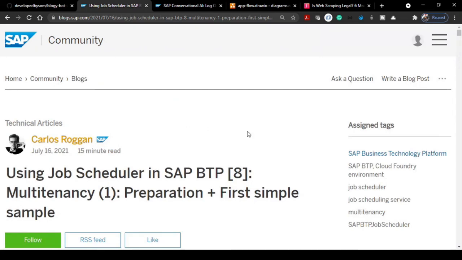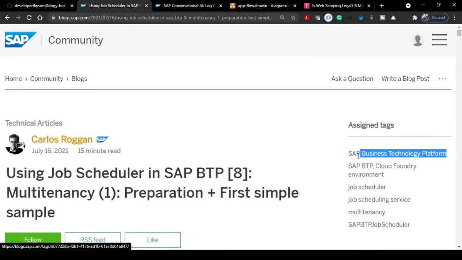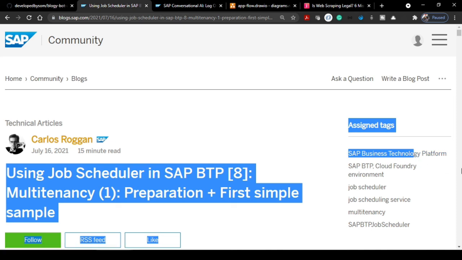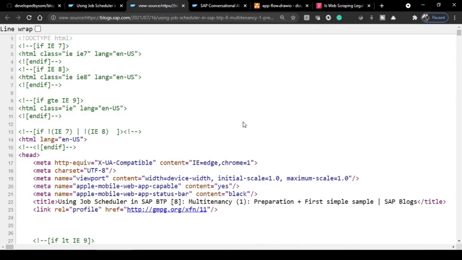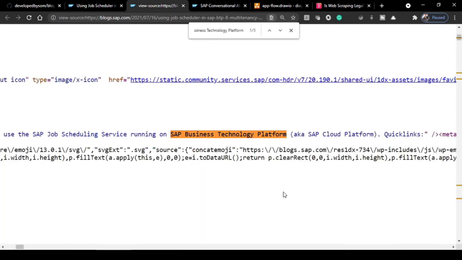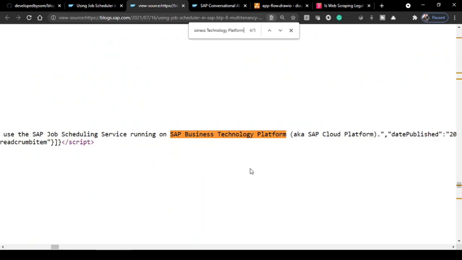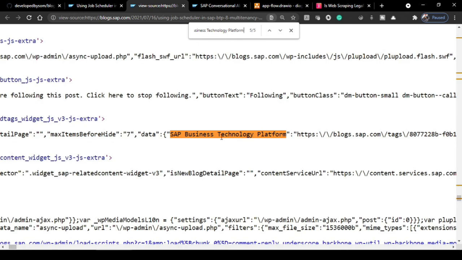Let's copy this one first. Right now, right click, go to view page source, and if you press Control F and paste it, you will see I have multiple occurrences of the same thing. The last one is here.